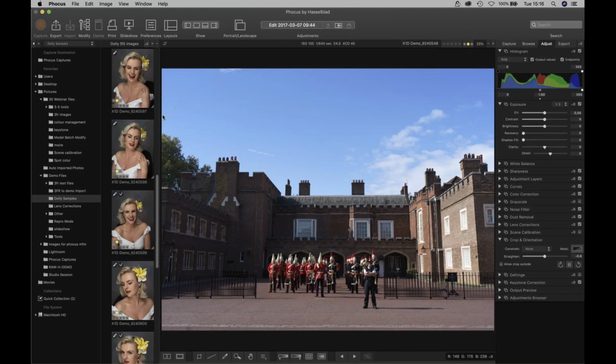So working through some of the tools, the important point to note is that out of the box, Phocus has a fair few tools already switched on by default. However, you need to remember that not every tool is switched on. The list would be too long, and certain tools are by default switched off, and you need to actually put them on. So if I go up to the top corner here,